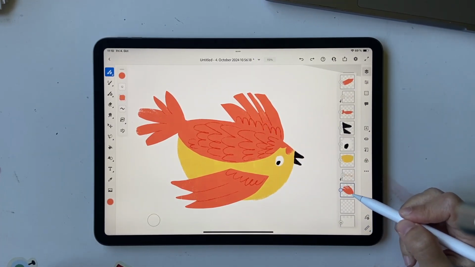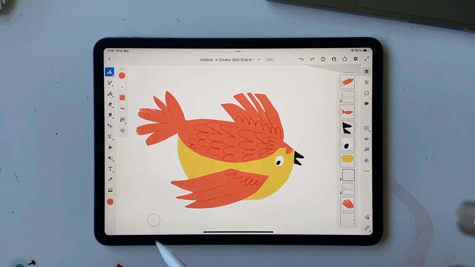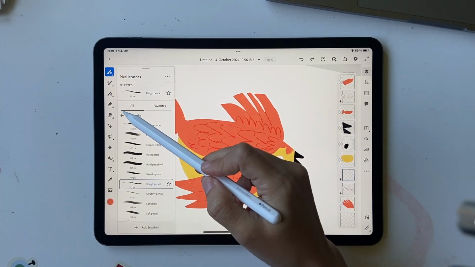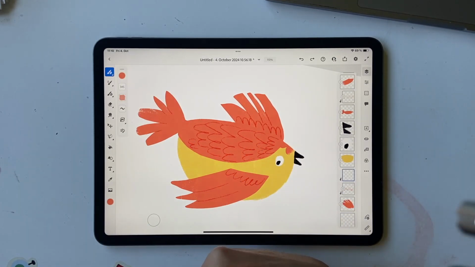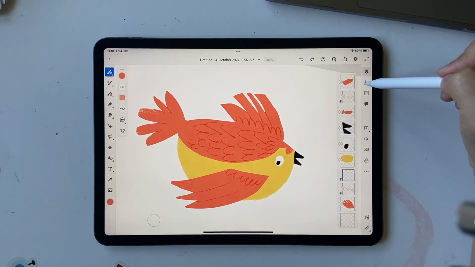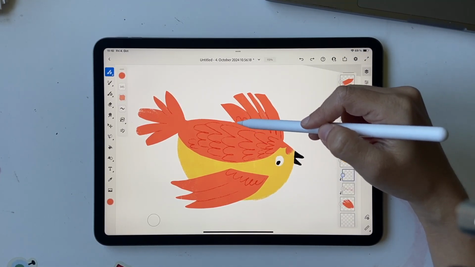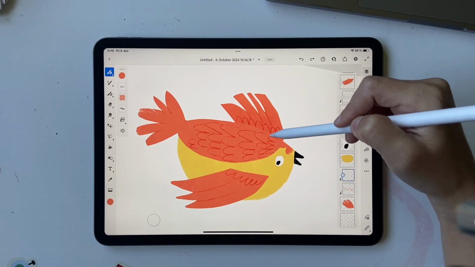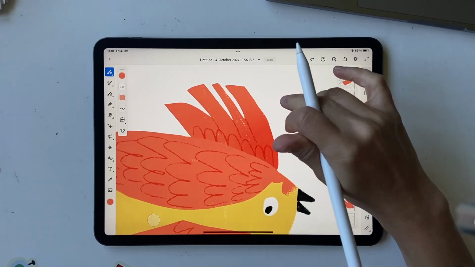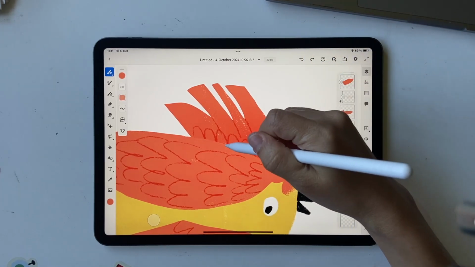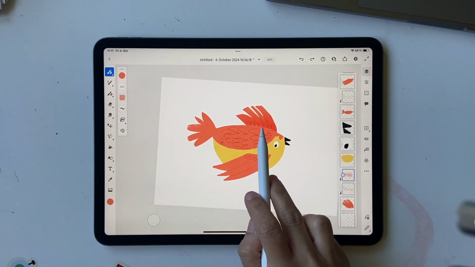So I'm going to go into this wing layer again and this layer and plus and make this into a clipping mask now. Go back into my brushes and go into basic and soft round opacity. And we are in the same color. Let's go ahead and multiply. I'm going to give a light bit of color here. I don't know if you can see it. I'm not adding too much because then it'll be too dark. So adding a light bit of color here so that you can see the separation between the body and that